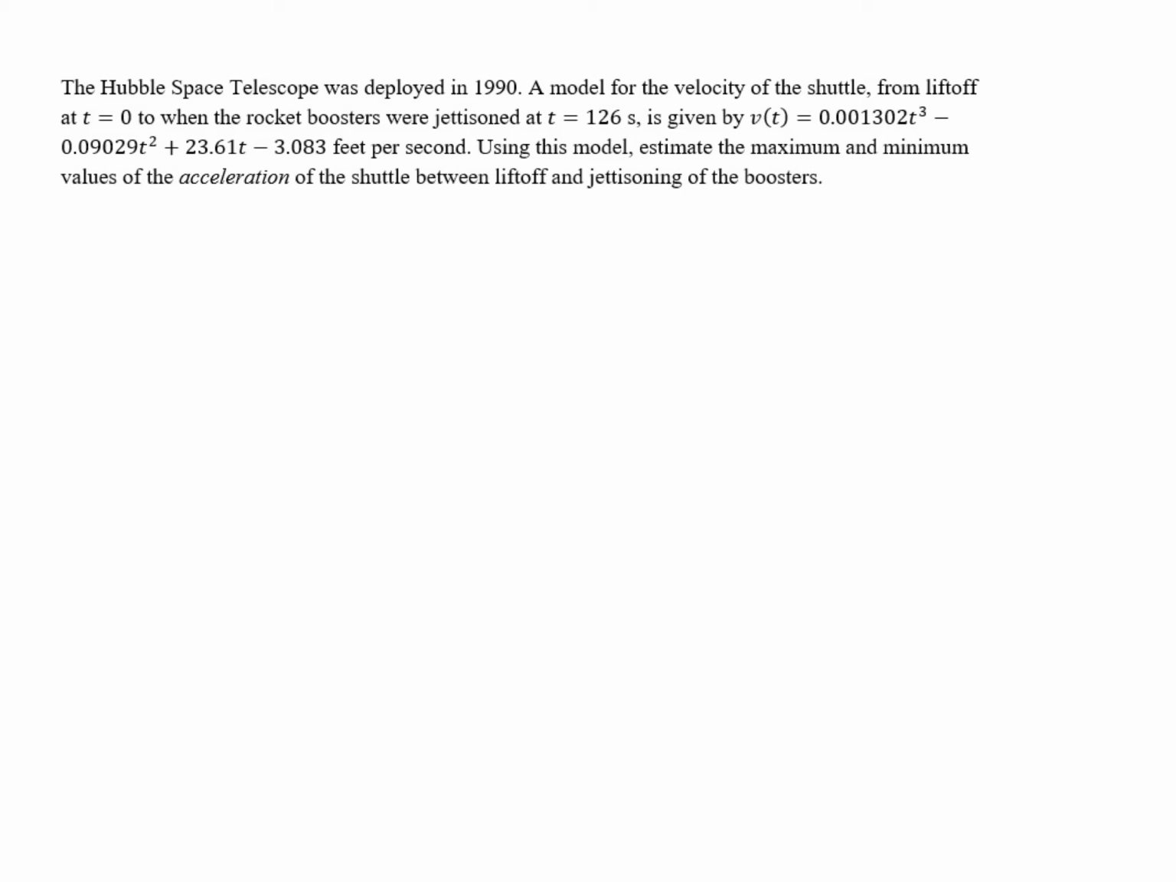The Hubble Space Telescope was deployed in 1990. A model for the velocity of the shuttle from liftoff at t equals 0 to when the rocket boosters were jettisoned at t equals 126 seconds is given by v of t equals all of that feet per second. Using this model, estimate the maximum and minimum values of the acceleration of the shuttle between liftoff and jettisoning of